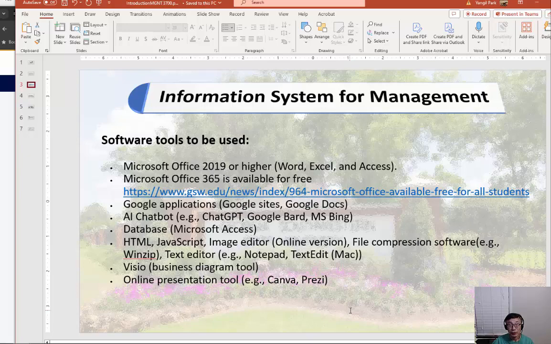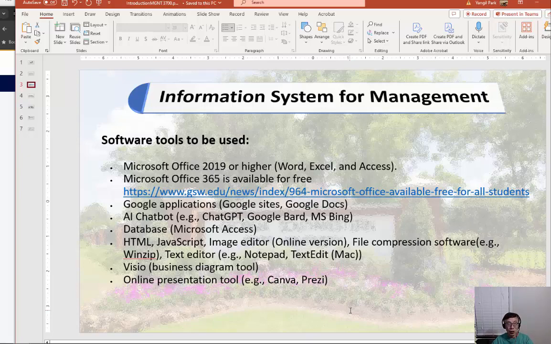We're going to take a look at what options are available with this latest popular technology, with a lot of news coming out of it because it's good and bad, of course. We're going to find out what these tools can do for us. And database, using Microsoft Access,